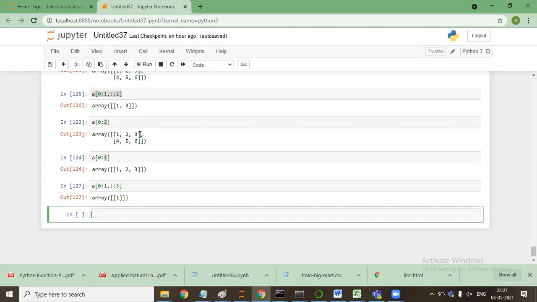So it will go to 1, skip 2, and pick 3. So it is selecting the odd numbers, 1, 3, 5. And when we have written 3, then it will take 1, skip 2 values in between and pick the third value, then skip 2 values again and pick another value. Okay, sir.